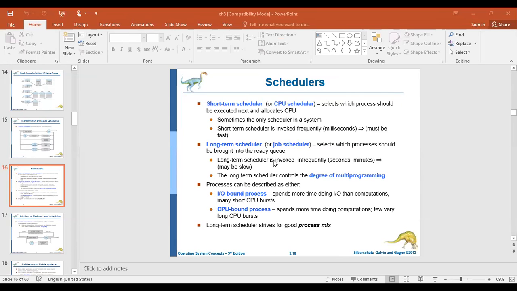If your program contains n number of input-output related instructions, which require the services of an IO device, and maximum lines are IO, that means if your program contains only printf and scanf statements, then such a process is called an IO bound process, because the majority of the time it spends with the IO devices.